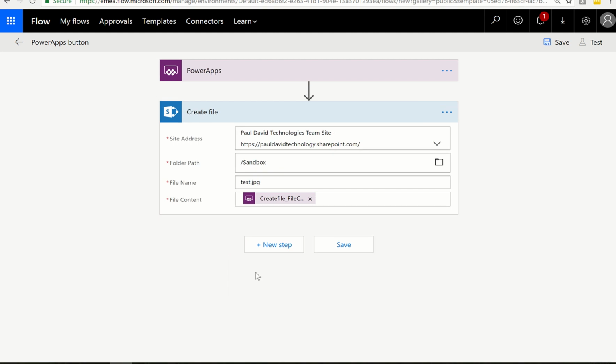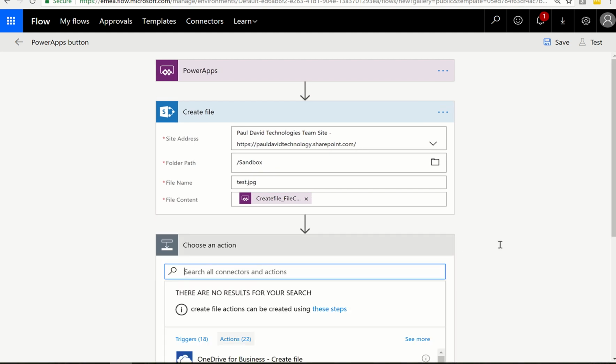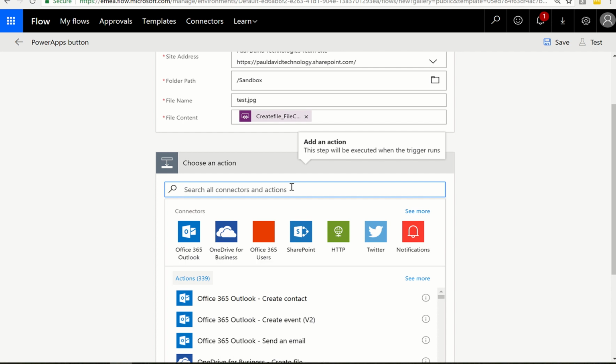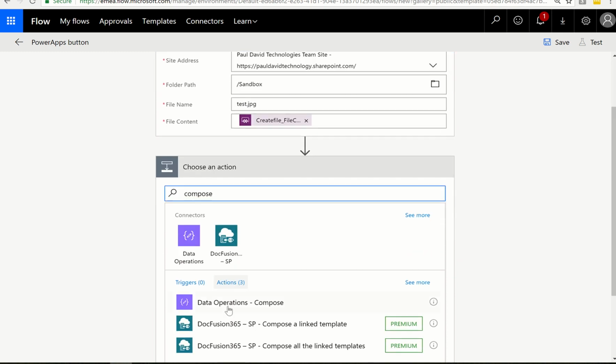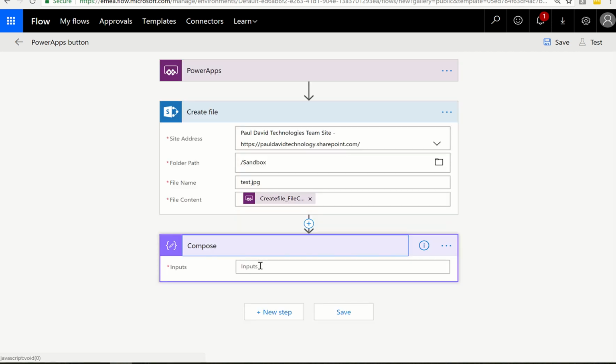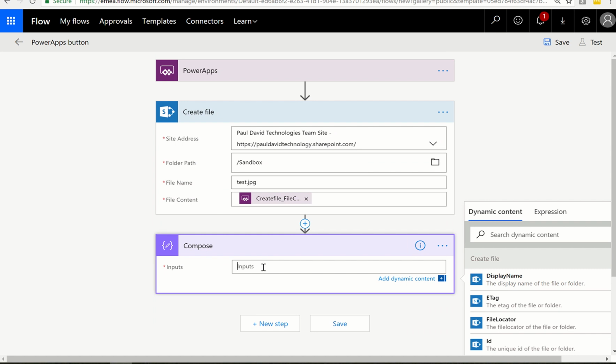Now I need another step. So we covered this in the OCR session, but when we pull the information in from Powerapps, it's going to be in this URI format, and we need to have it in a binary format because that's what the computer vision service works with. So I'm going to add a compose step. A compose step allows us to make changes to some data. It's a data operation. So data operations compose, and then in here I'm going to click into the box